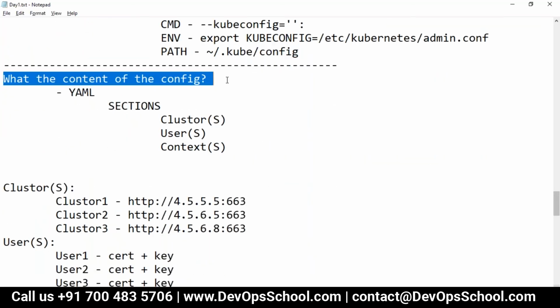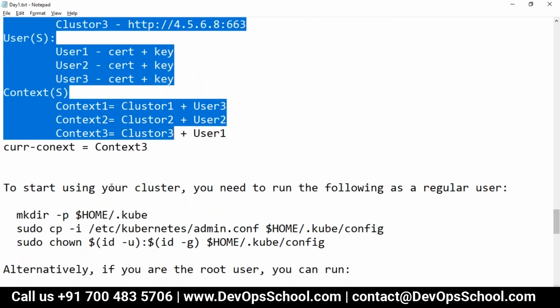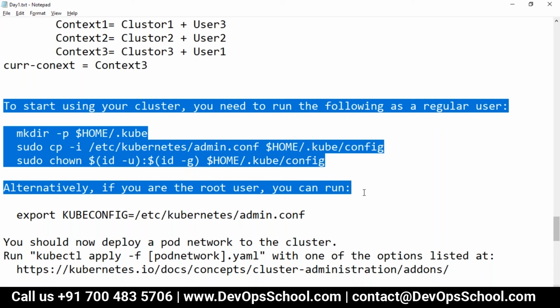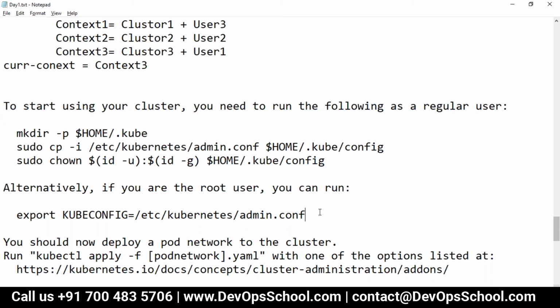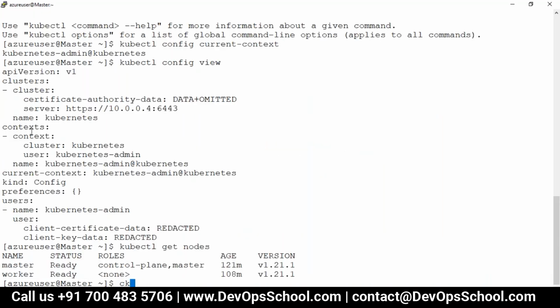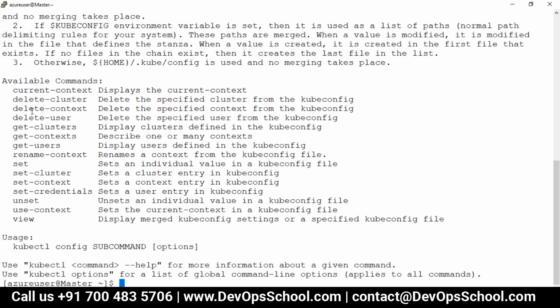And this is what is happening. So what is the content of the file? You understand that. How it works, you understand that. So now, did you understand, all of you, with this command? Are you having any confusion about how to set the context? But let me tell you guys, there are so many other commands also, which you will need if you want to work with multiple clusters.